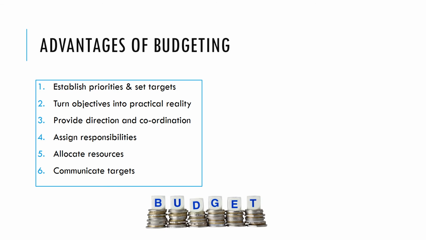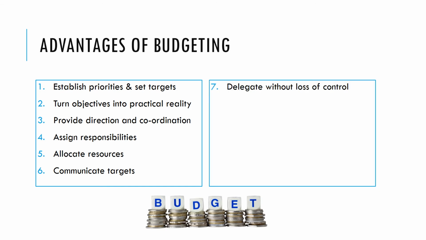It's very clear to understand that you shouldn't be overspending in this department if your expenditure budget is £5,000 and another department's budget is £7,000. It's very clear what your targets are within each department. It's a form of delegation. You give people responsibility. So here's your target. Go and have an income budget of £10,000, but you get that achieved however you like. So people might feel more in control of their work. But ultimately you're still setting that target and you're still monitoring that performance, so you haven't lost control completely.